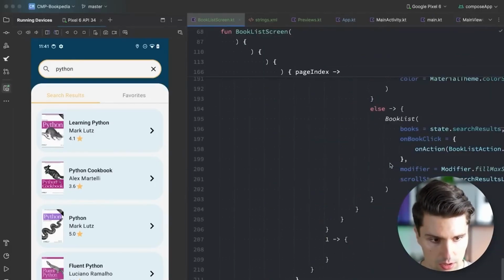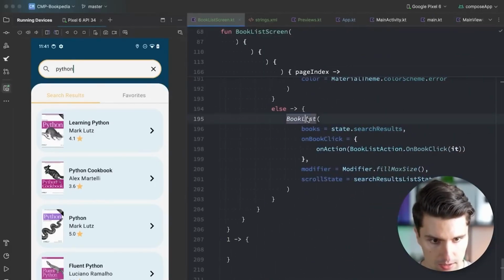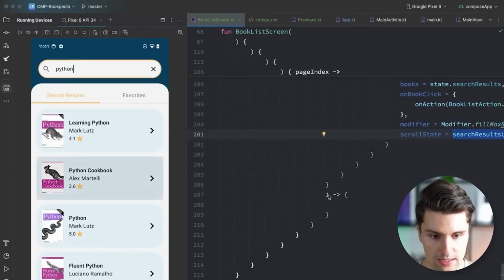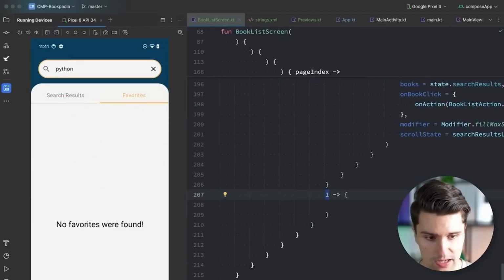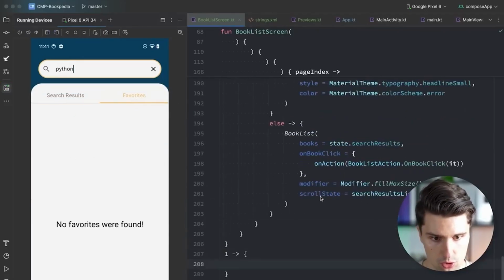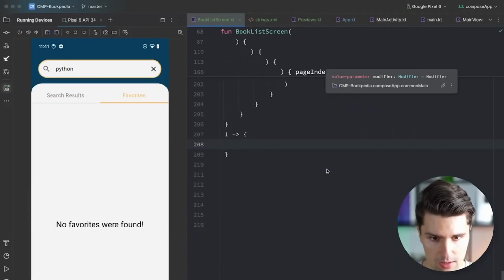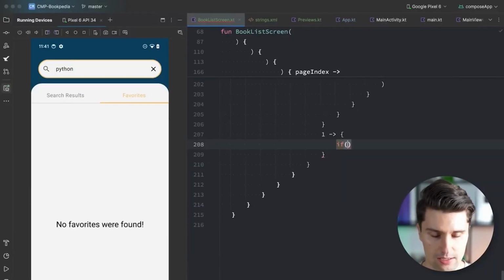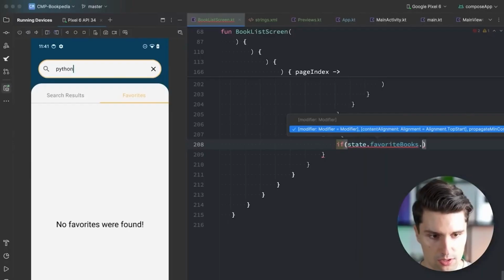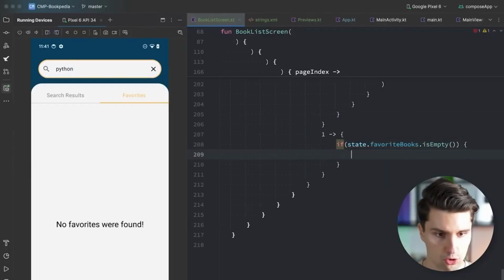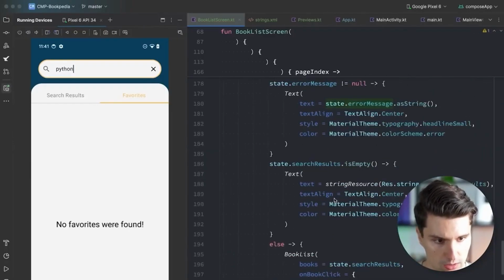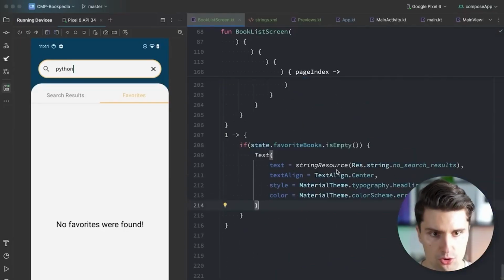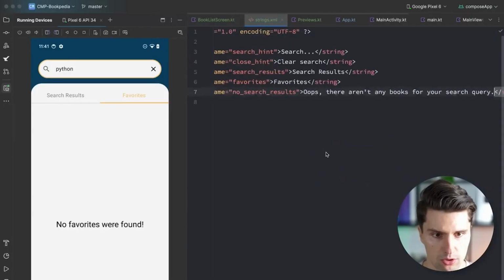Down here in our pager, in this book list, we now pass our list state. And for index number 1, for our favorites here, when we are on this page, then we also want to show a book list. So we can actually have something similar. Also, if there are no books in our favorites list, so if state favorite books is empty, then we just want to show some kind of text here. So we can just replicate this one here. No search results. We probably should change this